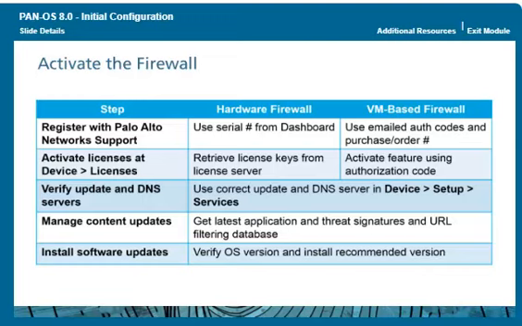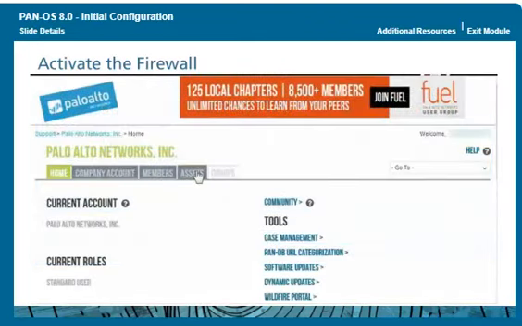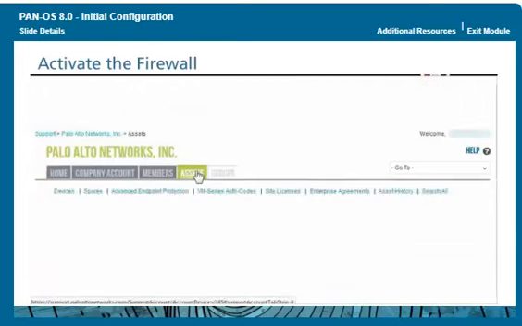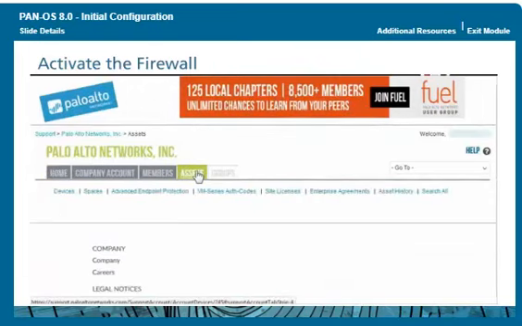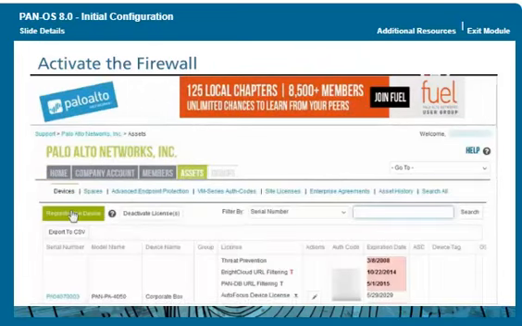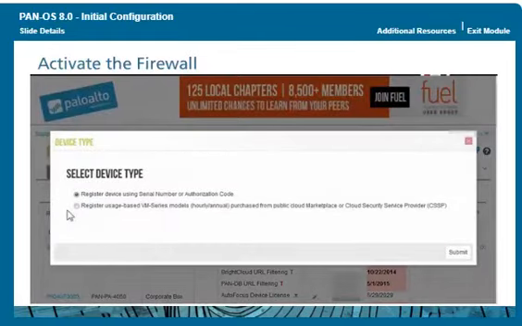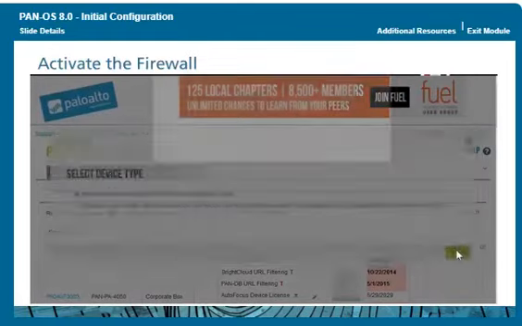Before you can retrieve a license, the firewall must be configured with an IP address, netmask, default gateway, and DNS server IP address. To register a hardware firewall, click Assets on the Palo Alto Networks support page, enter your serial number, and click Register New Device. The support page can be found at